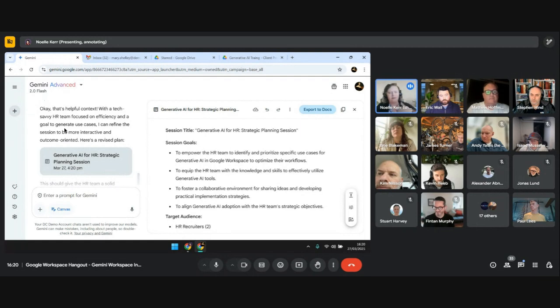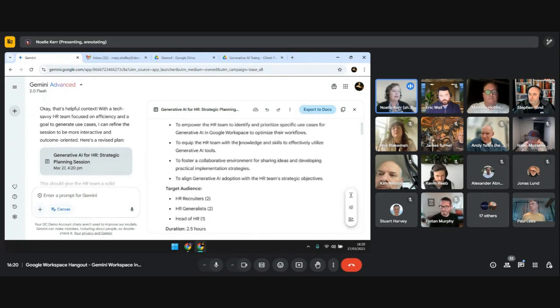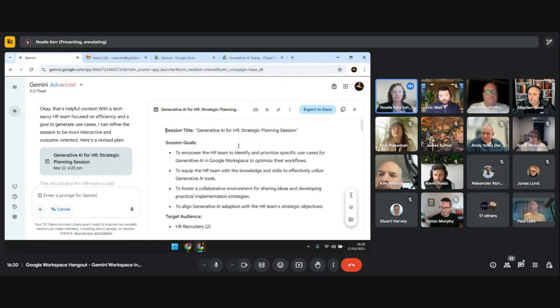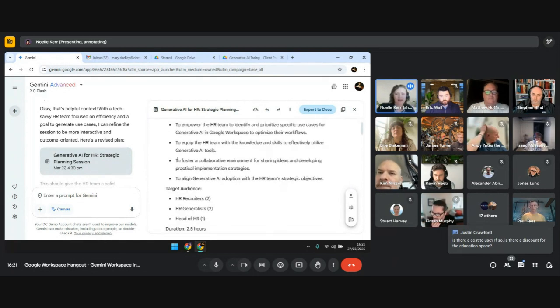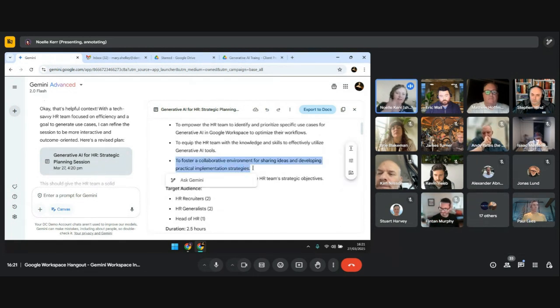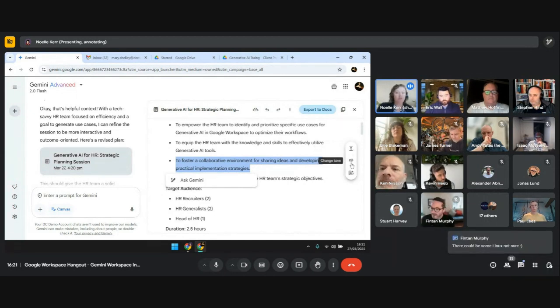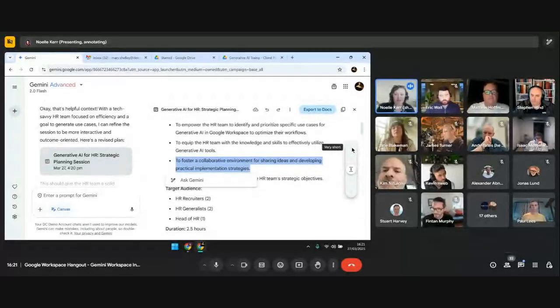That's the generative AI speaking to me, Gemini having a chat with me. And over to the side, what it's done is created a little canvas that I can now start to work in. It's almost like a little Google Docs inside of the Gemini app. And here I can see the title, I can see the goals and the target audience, and I can now begin to work with elements inside of this to either ask Gemini a question, or over to the side here, I have some controls that allow me to change the tone, to suggest some edits, and even to do things like change the length.